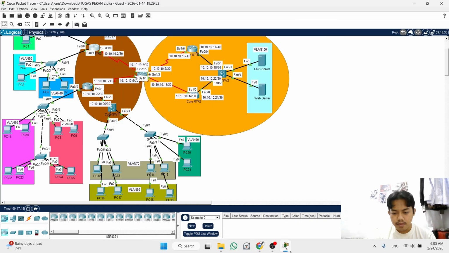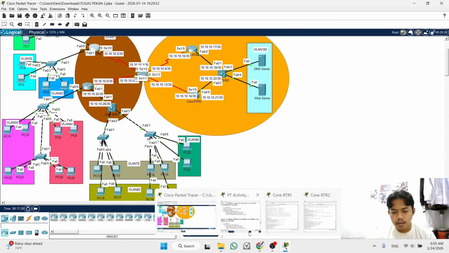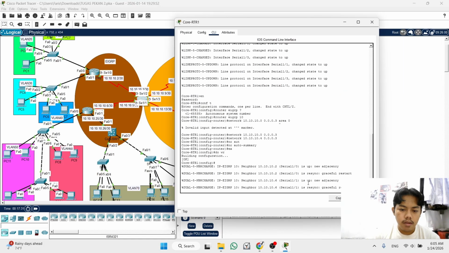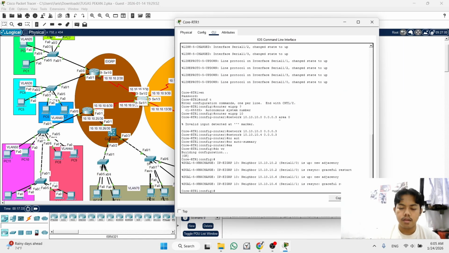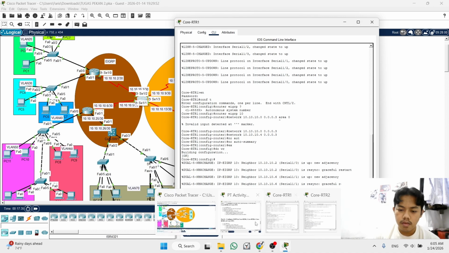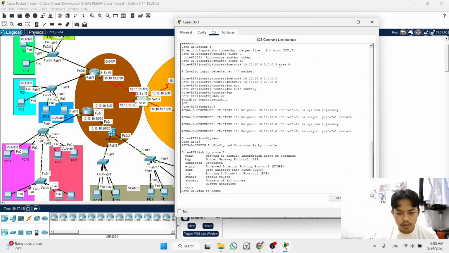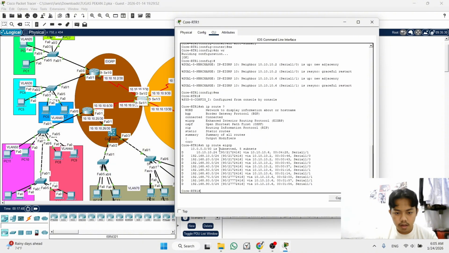Okay, look, the progression is going well. And now I will check the routing table. Show IP route EIGRP.